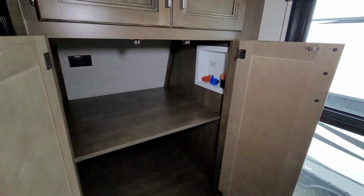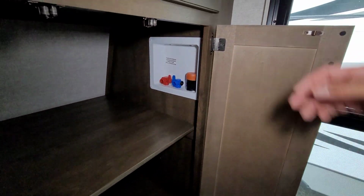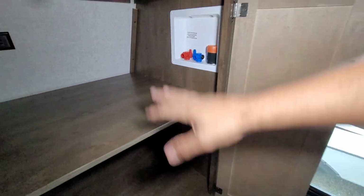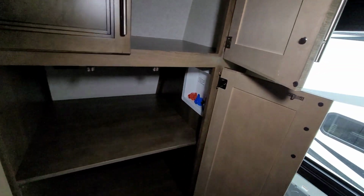But wait, there's more. As you can see, these right here, that would be your washer and dryer hookup. So you got this shelf. It's going to either come right on out, allow you to set that up, and it's already pre-hooked up for that. So this Cougar